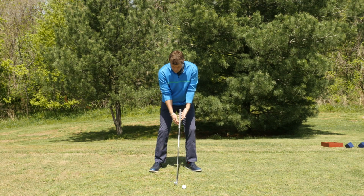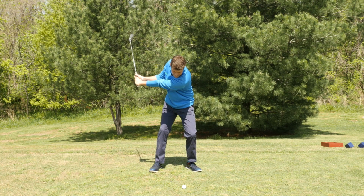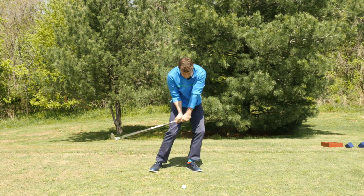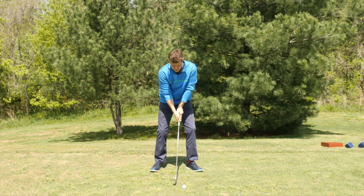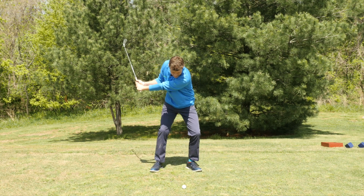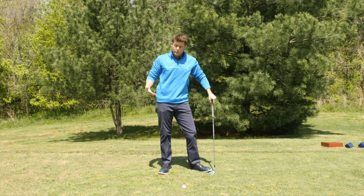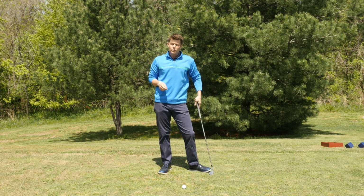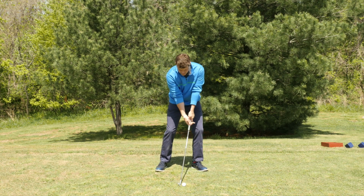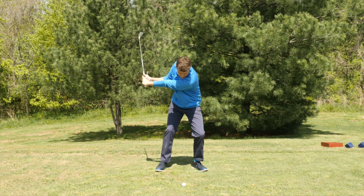So the drill is basically this: brace, set, turn back, pause, find some athleticism and really talk your brain into actually making a swing from here, and then turn through and hold your impact position, hold your finish. Brace, set, turn, pause, get athletic, get comfortable, come through. And if you can do that 2 or 3 times in a row, then you can try to do that same thing with the ball. So with the ball, it would look like this: brace, set, turn, pause. Okay, now find some athleticism, find a way to come through,